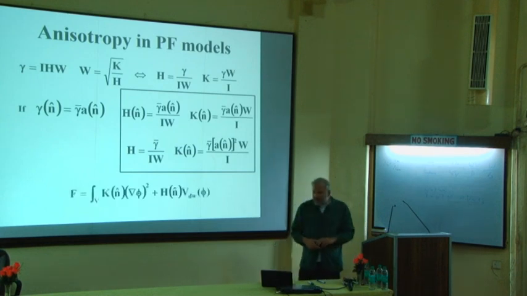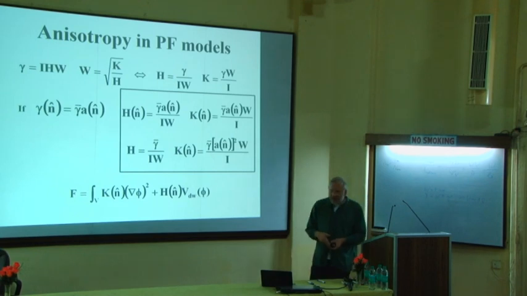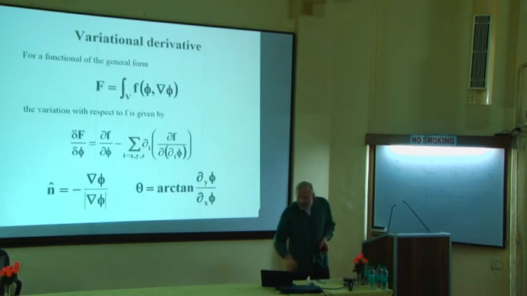But you should be careful, because if you plug this now into the free energy functional, you have orientation dependent coefficients k and h. If you choose this method or the other method, you will not get the same equation of motion. Okay? Because remember that we had to take variational derivatives of this free energy. And if k depends on n, this brings you new variations. And why is that? I remind you,